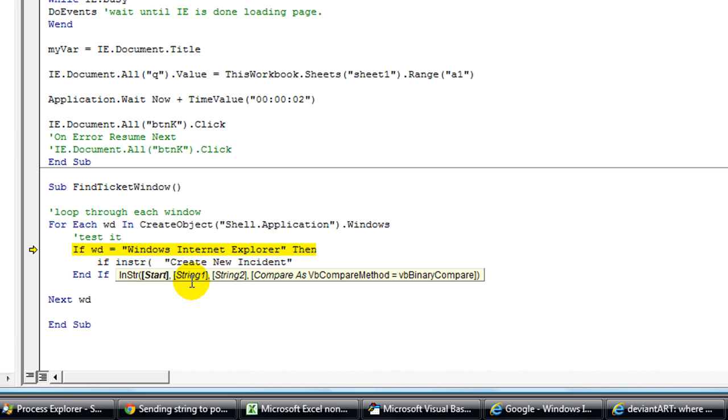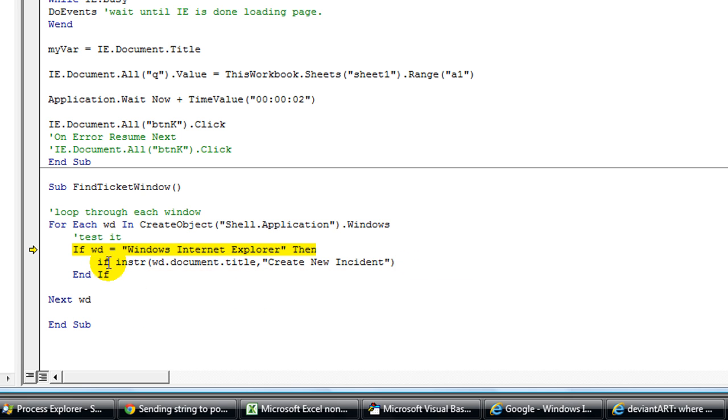So the first part is going to be the actual string. The string would be WD, right? That's no. WD.document.title. Okay, that is the title of the Internet Explorer window that's open. That's the pop-up that Chris has been wanting to capture. And you put a comma, and you're basically saying, using InStr, hey, if "create new incident", those three words like this, is within the current Windows document title, then, right, and to use InStr,